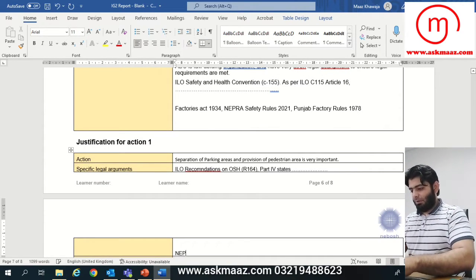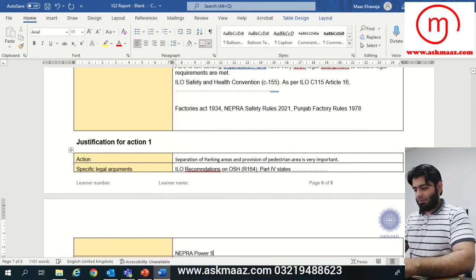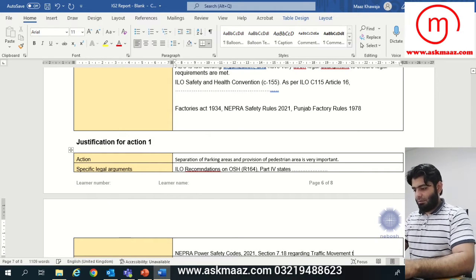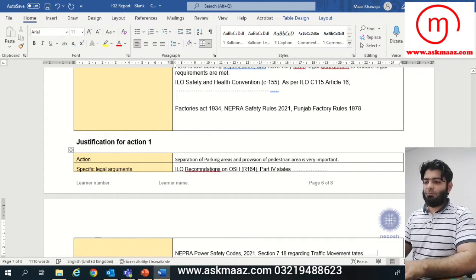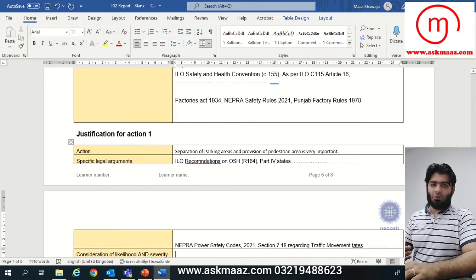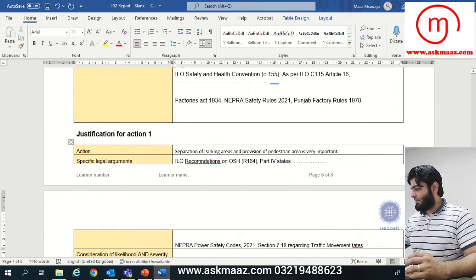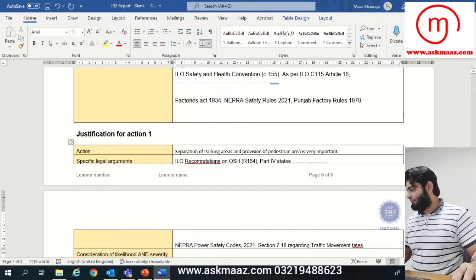And then NEPRA power safety codes 2021 section 7.18 regarding traffic movement states. This is just to make sure or to support my point. I have to write these statements. And then